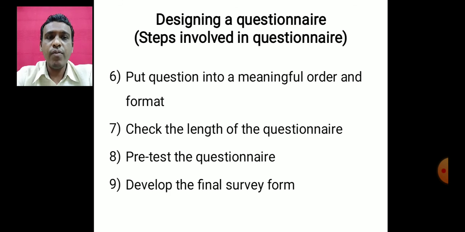And finally, develop the final survey form, that is, the final questionnaire. In the end, if there are certain modifications that you have to make after the pre-test, do that. Conduct one more pre-test if you want, and then if everything is okay, if you are satisfied with it as a researcher, and if the company who has given you the contract to do the research is also satisfied, then you can go ahead with printing the questionnaire and conduct the research. You can administer the questionnaire to the respondents.